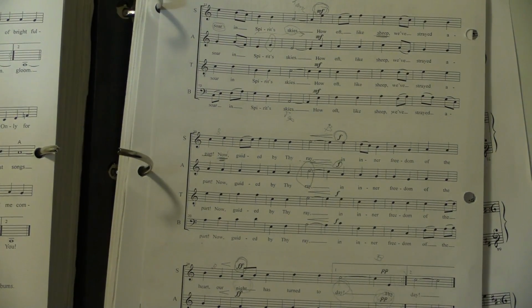How oft like sheep we've strayed apart, now guided by thy ray, in inner freedom of the heart, our night has turned to